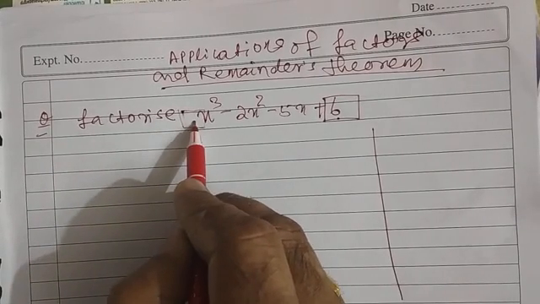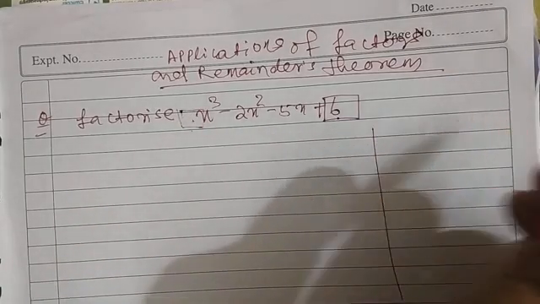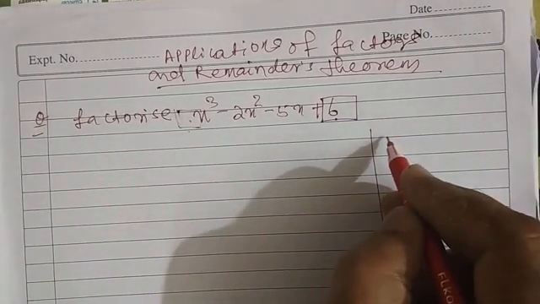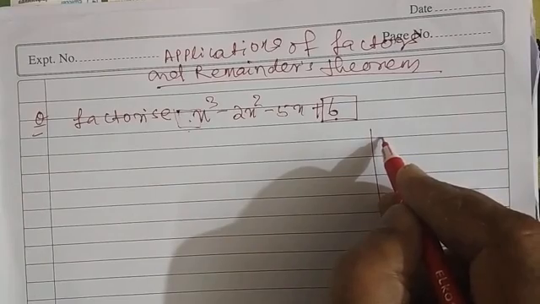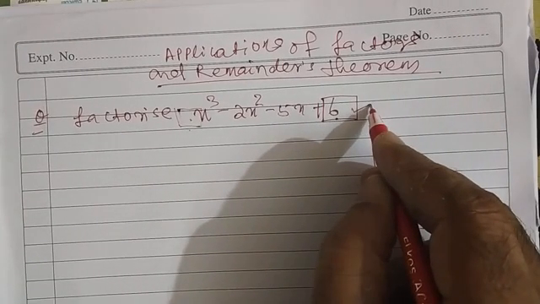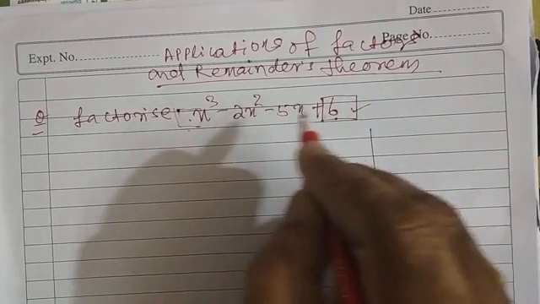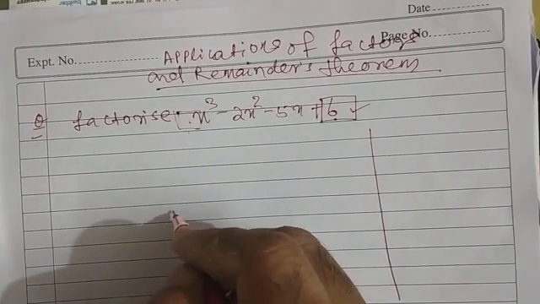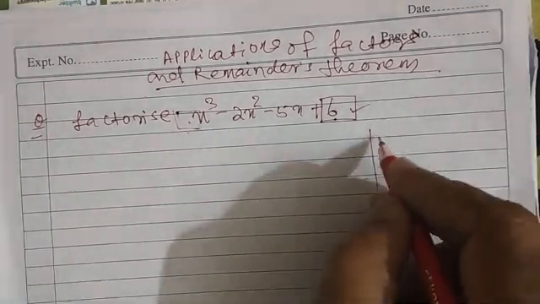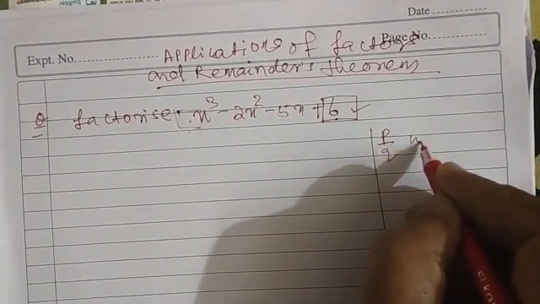Do you understand? And we know if we factorize the constant term, then one of the factors may be a zero of this polynomial, or in general p by q will be,